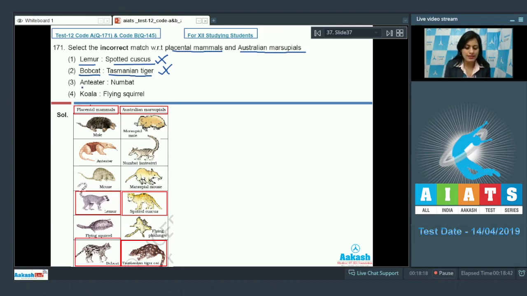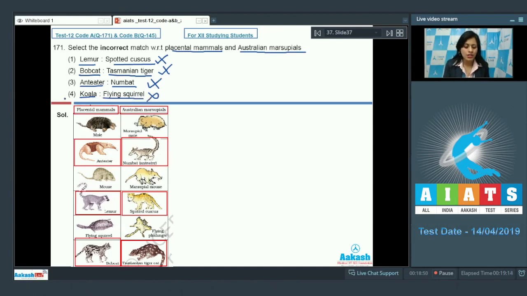The next match given is anteater and numbat, and as it is also a correct match, this cannot be a correct answer to our question because anteater is a placental mammal which exhibits analogy with numbat or banded anteater, which is an Australian marsupial. The last match given is koala and flying squirrel, and as it